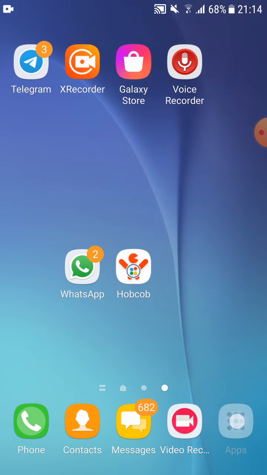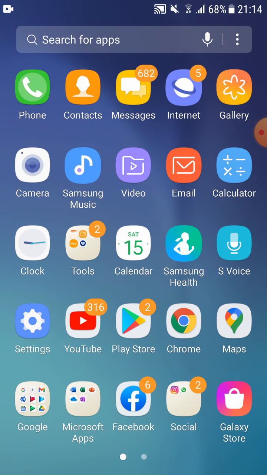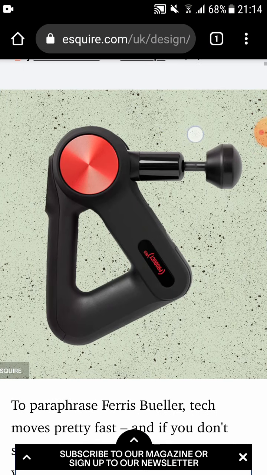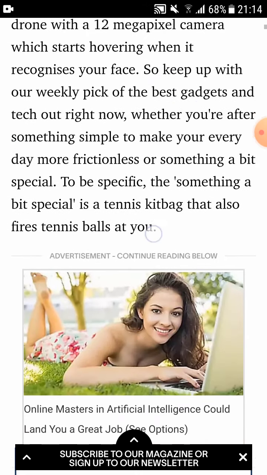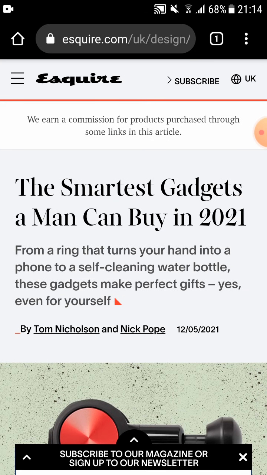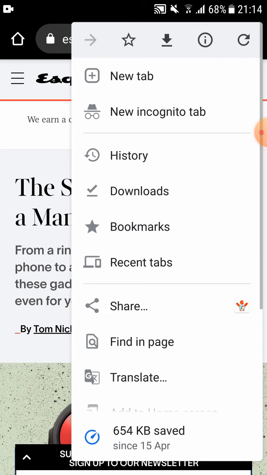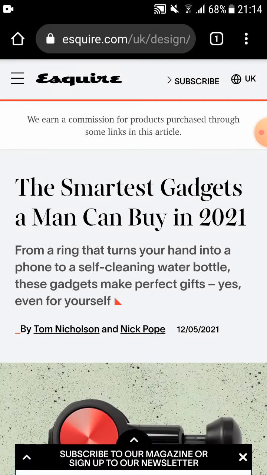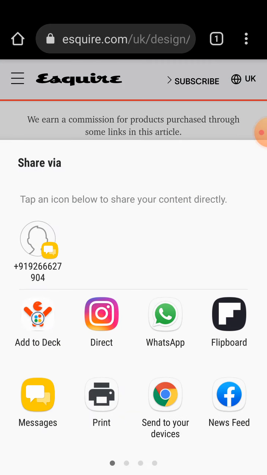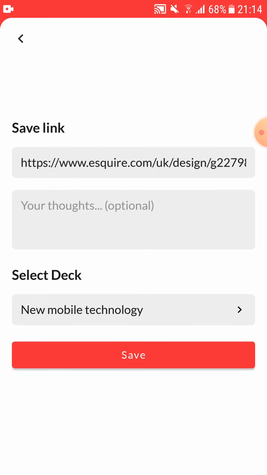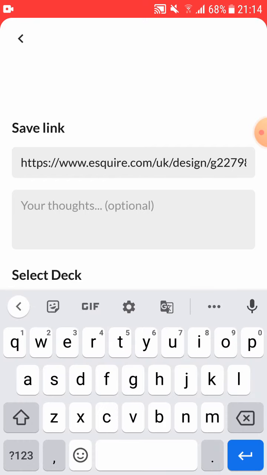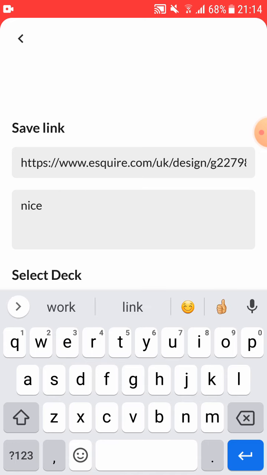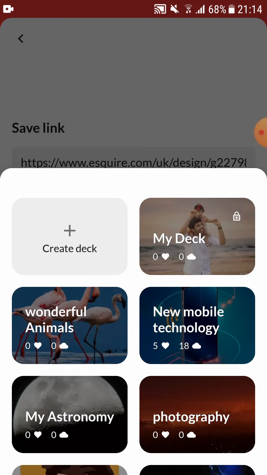For example, if you are searching for any good information or article, you can curate it and share this link via Hopcob. The link is there. Add something, select the deck in which you want to save it.